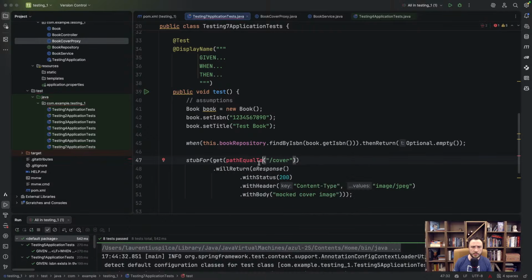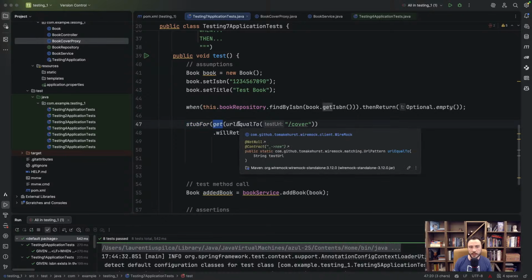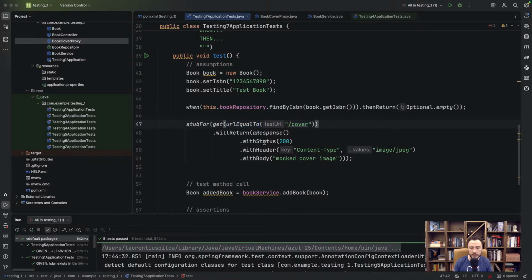No, URL, because I need to also mention the method. If I would have used path equal, then I don't put the method. Good. So stub 4 any get operation, the HTTP get, where the URL is with the path covered in this